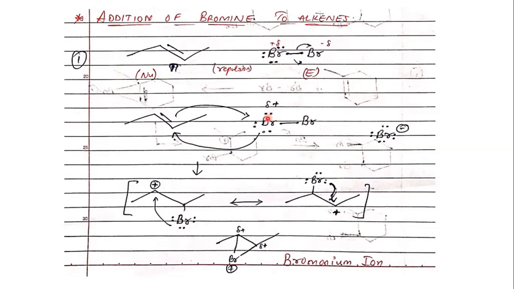Now this electrophile, this Br plus here that is formed, is going to attack your double bonded carbon. As you can see, there are two carbons across which the double bond is present. So obviously this bromine, which is now acting as an electrophile, can attack either of the carbons. Either it can attack this carbon. If it attacks this carbon, the Br is formed here and the other carbon will take a positive charge. If this bromine is attacking this carbon, it now has a bromine, and the other carbon will now develop a positive charge.